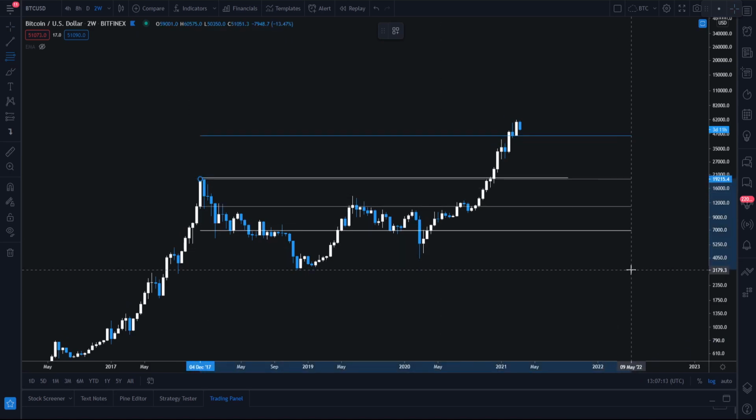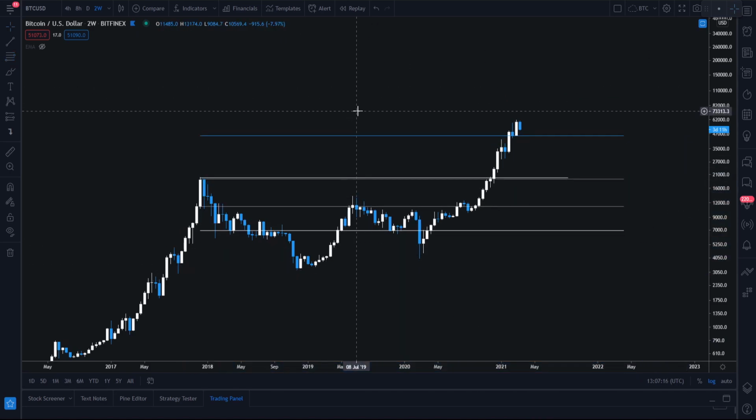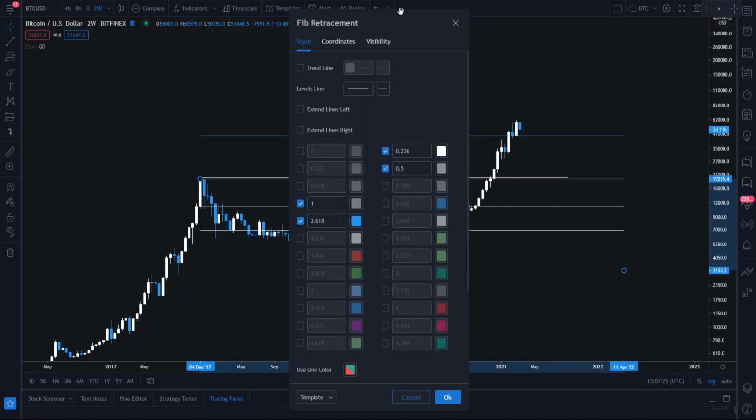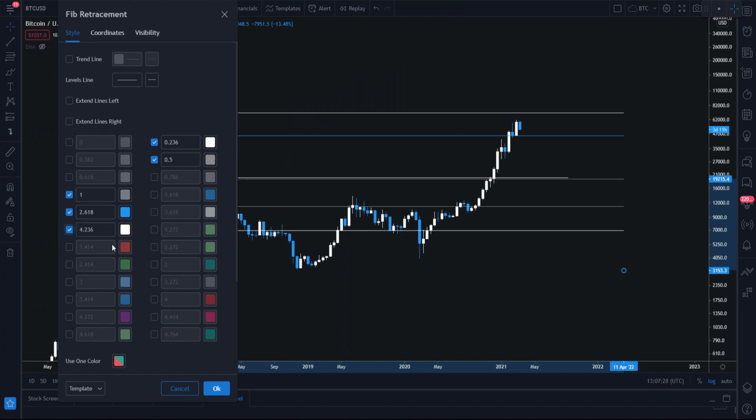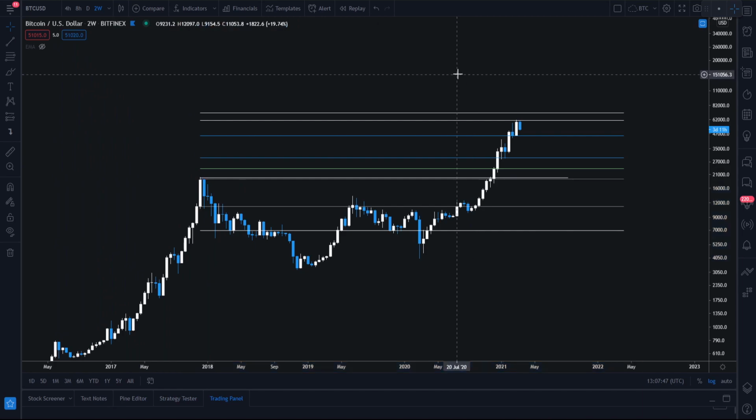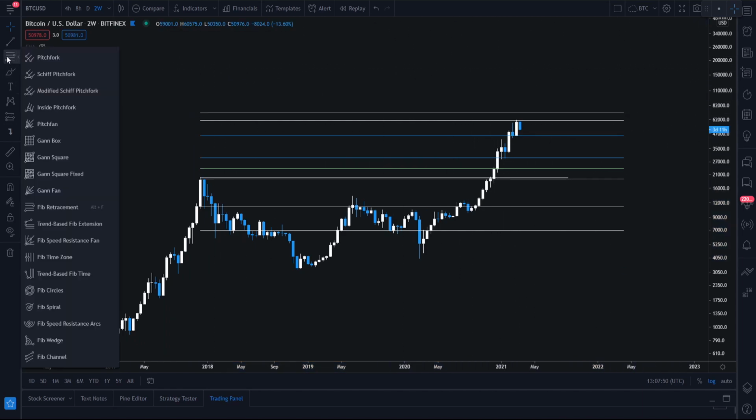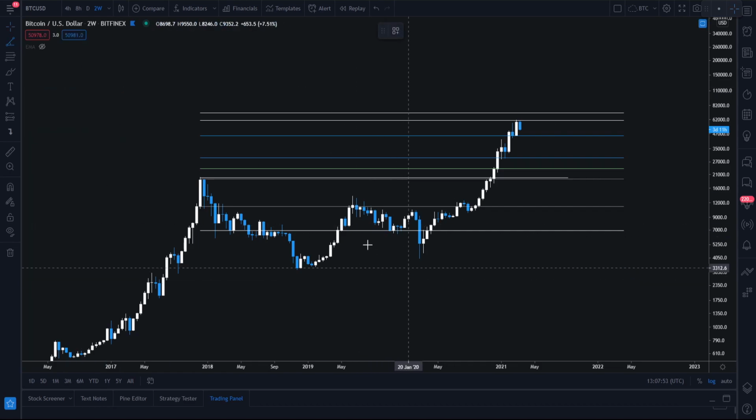So let's take a fib level and let's draw from wick to wick, from the high to the low range we saw in the bear market over the past 2 years. Some of these interesting fib levels are future extensions, which sometimes can be a little bit hit or miss when it comes to TA, but I like to use them anyway because it gives a really good idea of levels that can cause issues when price is in price discovery. And I also like to use, which I talked about in the last video, is the Gann fan